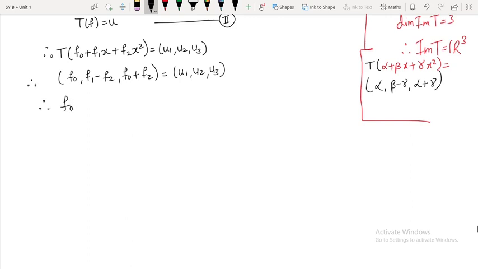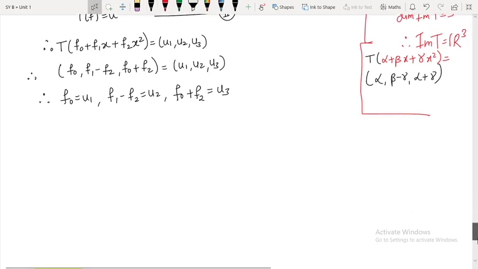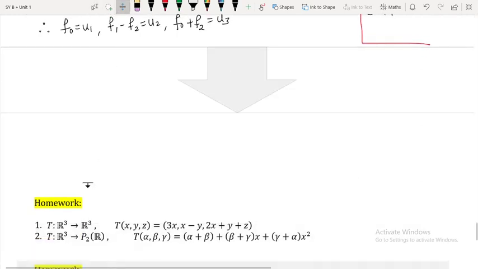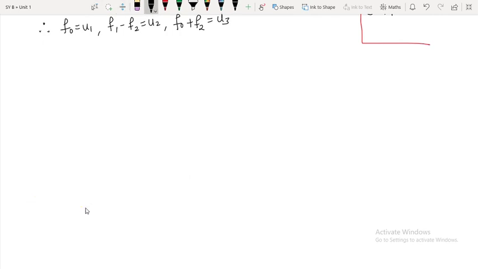Therefore f0 is equal to u1, f1 minus f2 is equal to u2, and f0 plus f2 is equal to u3. Now in order to solve this system, we are going to use a matrix form, that is the Gauss elimination method. So let us use it. What will be our augmented matrix? The augmented matrix will be equal to